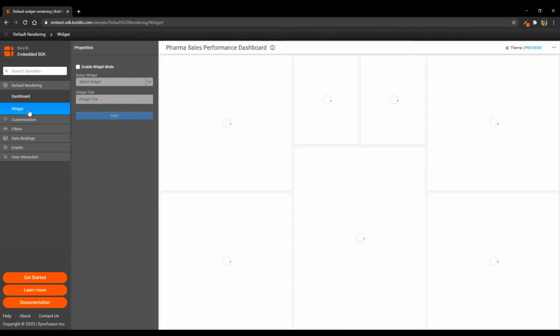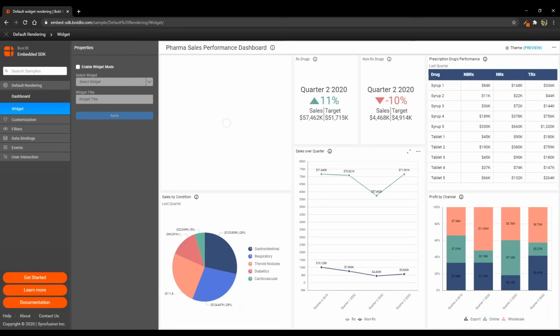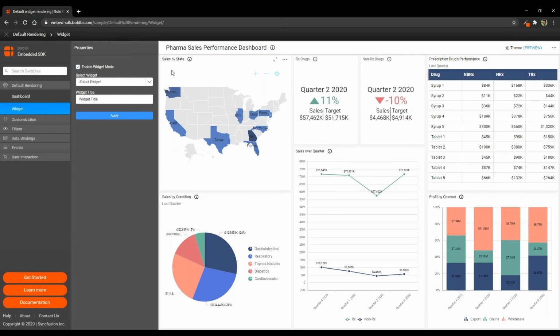Let us see the second one, widget rendering. A widget is nothing but one single metric, or simply one simple chart. You might have a scenario where in your web page or in your customer's product page, just one single widget is enough. It's not necessary to display the whole dashboard. For that, you need not create a separate dashboard with that widget alone. You can simply use widget embedding and embed that particular widget. For example, this dashboard comprises all these KPIs.